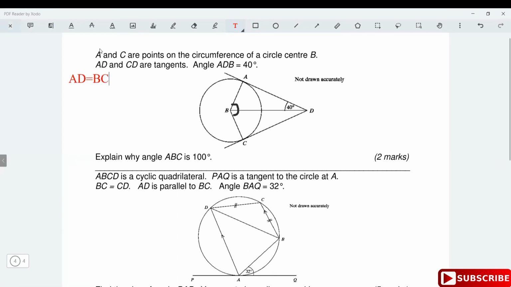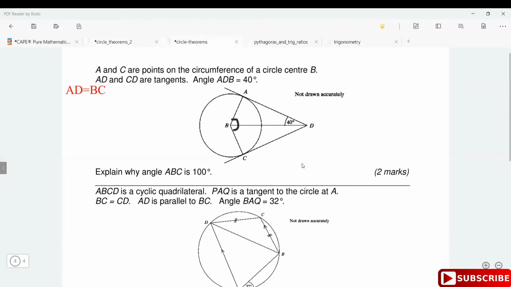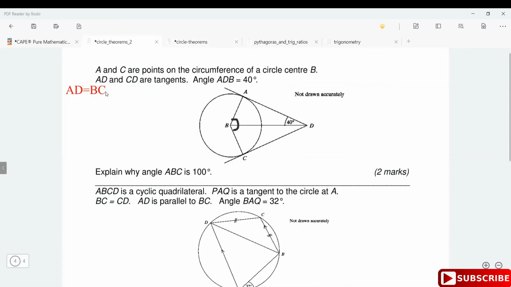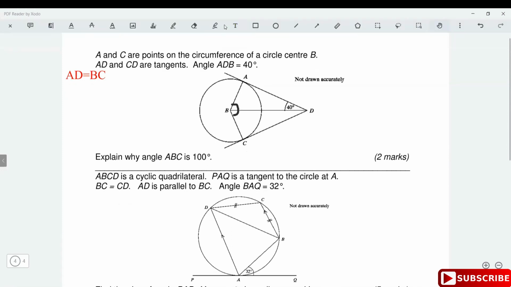See it here, two tangents drawn from a single external point are equal in length. The tangents to a circle from the same point will be equal in length. DC is equal to EC. See the little line there? Good. So now since AD is equal to BC, because two tangents from a single external point are equal in